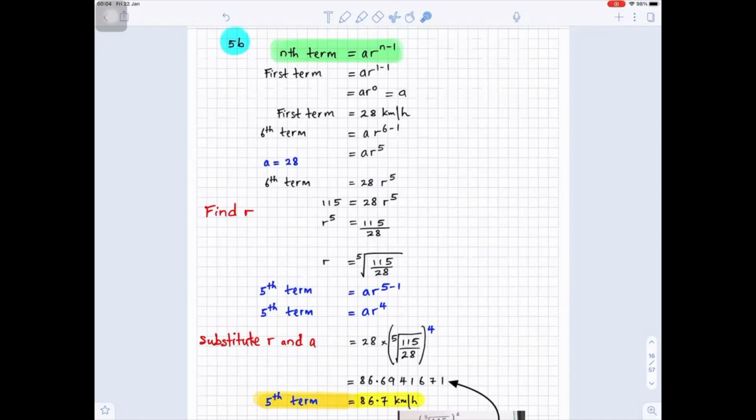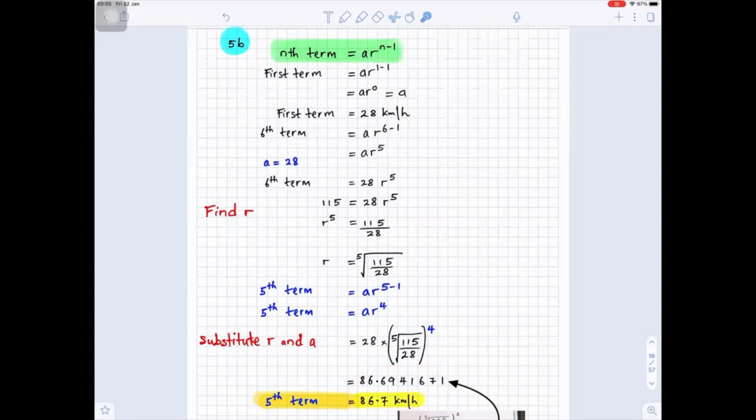Now, we want to find the fifth term, a r to the 5 minus 1. 5 minus 1 gives you 4. So the fifth term is a r to the 4. We need to sub in for a, and we need to sub in for r. So since a is 28, and r is the fifth root of 115 over 28, you put that in your calculator, and that should give you the answer of